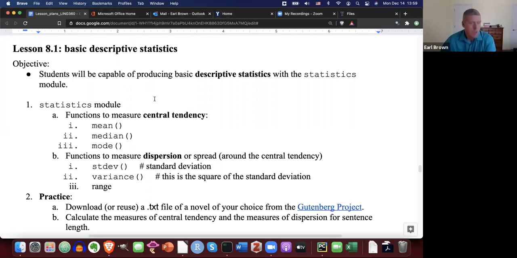Welcome back to this lesson. We'll be looking at lesson 8.1 about basic descriptive statistics about language. So here we go. The objective is that students will be capable of producing basic descriptive statistics with the statistics